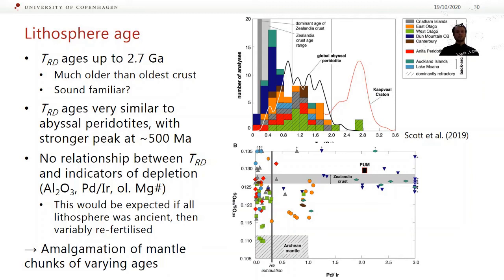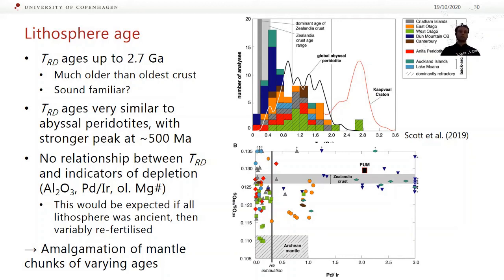The oldest TRD ages are the lowest 187 at the bottom, and the metasomatized are the ones at the top where you have high 187 and they have higher 187 over 188 osmium relative to convecting mantle. And these are plotted against palladium over iridium. This is using a PPGE, so an incompatible platinum group element, divided by an IPGE, or a compatible one. So as you deplete it, because you remove palladium in preference to iridium, then it moves towards the left on that plot. So if all the lithospheric mantle here was ancient, let's say it formed in the Archean or something,